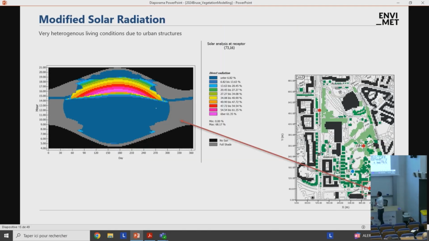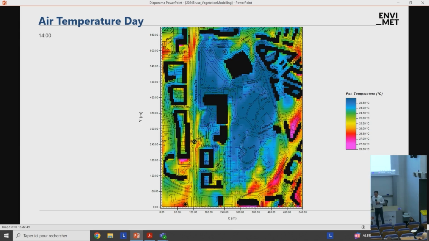So many people say, okay, wrong direction. Many people say, let's use a park to cool down the urban neighborhood. Well, but that's not true, because the influence of an urban park, it doesn't matter how large it is. Think about Central Park or so. You cannot make a larger park than Central Park, basically. It loses its effect after 200, 300, maybe 400 meters, depending on the road and the building structure,